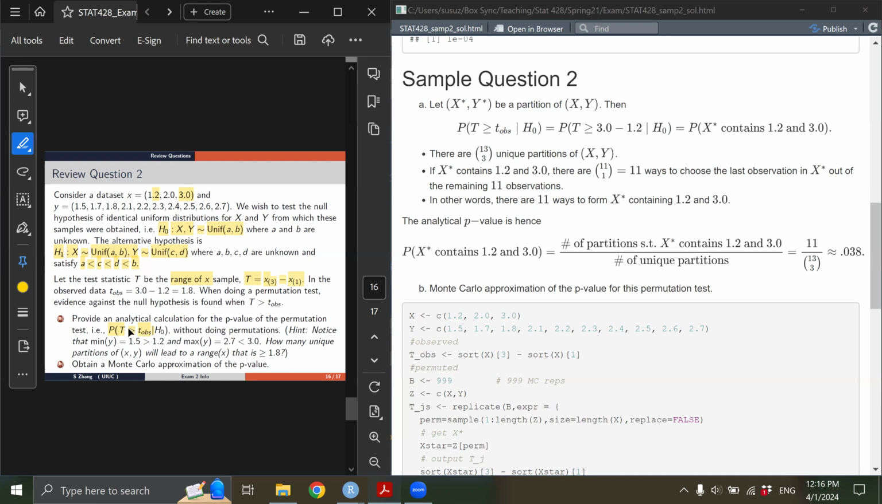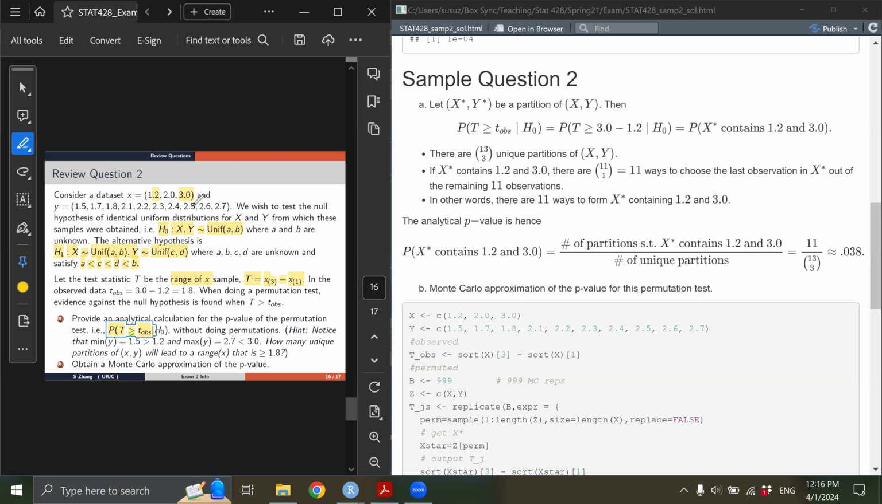I have noticed that I have a typo over here. In hypothesis testing, we should do as extreme or more extreme. So we should also consider the equal case. This p-value should be the probability that t is larger than or equal to the observed value of 1.8. Okay, so in order to solve this question,